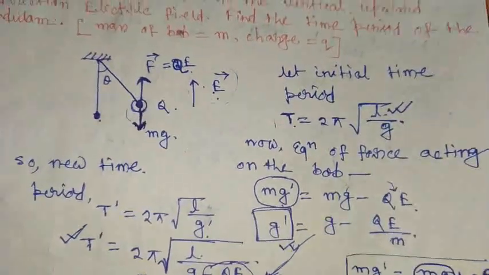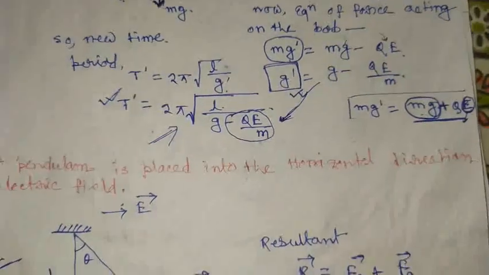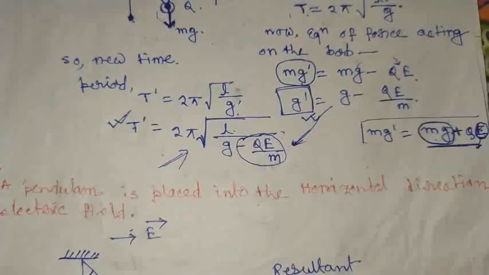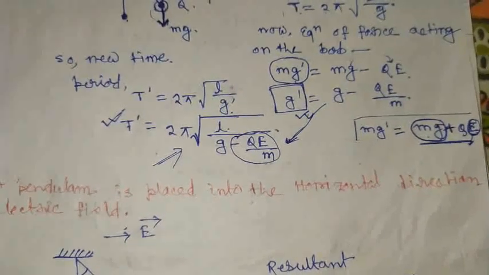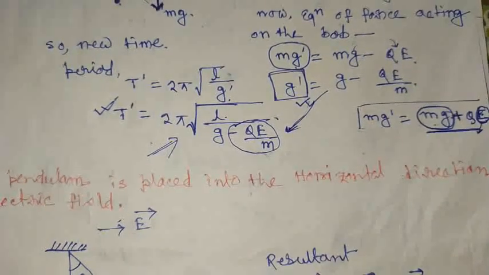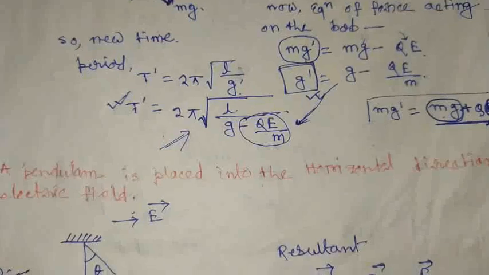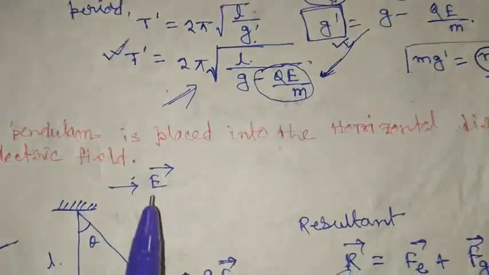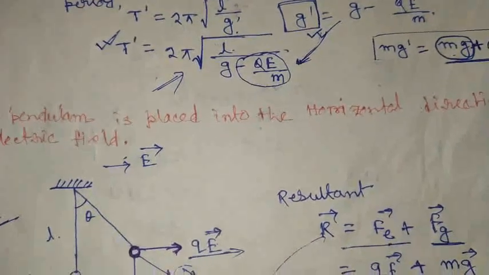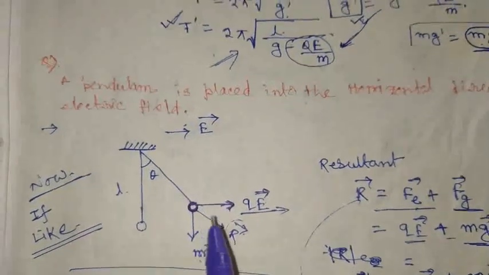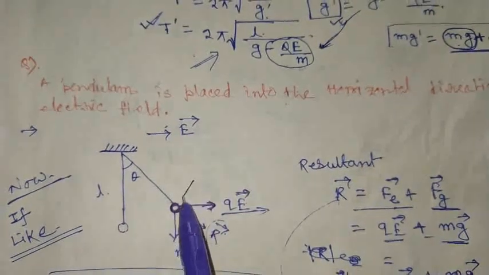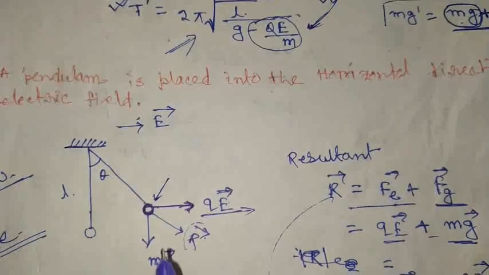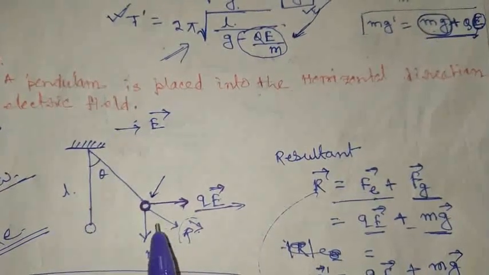Now moving to the next question. Previously, in both cases, you were asked to calculate the time period of the pendulum when an electric field is acting either in the upward direction or in the downward direction. But now suppose the electric field is placed in the horizontal direction, that is, the x direction. Now let the bob have come to this point during some part of its oscillation. So the two forces are acting in a similar way,